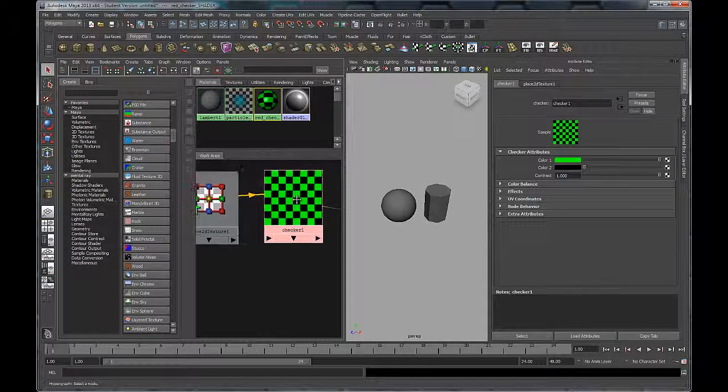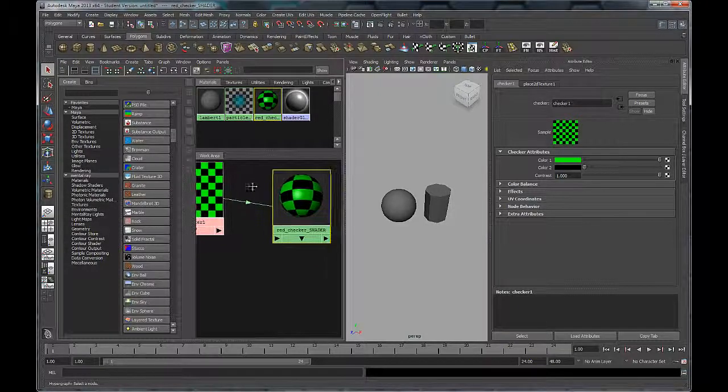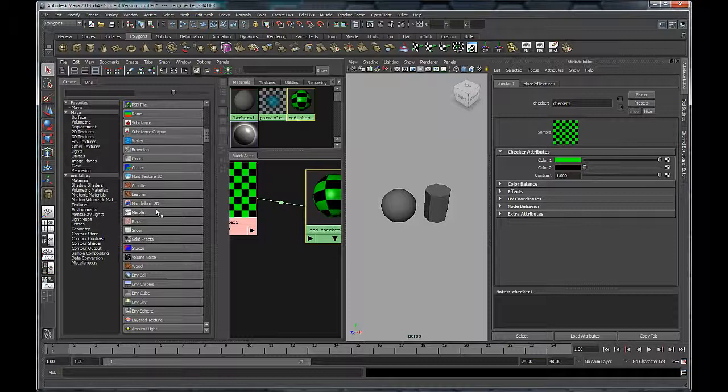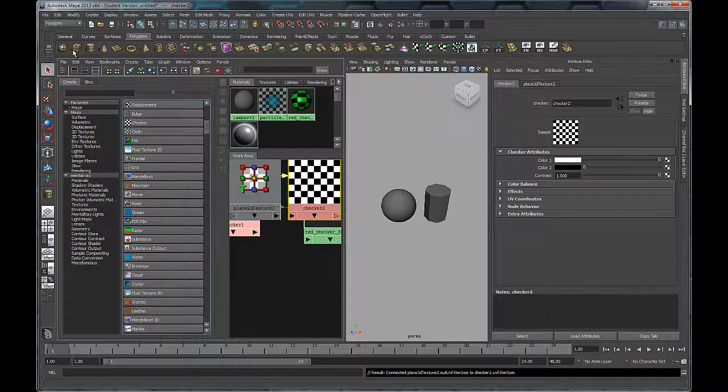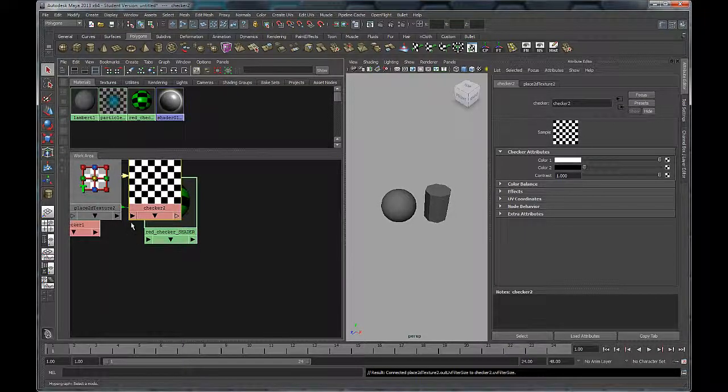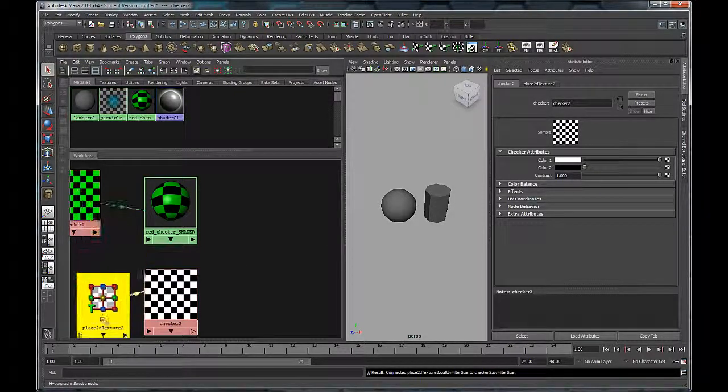So let's create another one. I'll grab another checker. Okay, so I'm going to middle mouse drag that in. You can see here it's called checker 2. I'll just turn this off again. So this one's called checker 2,